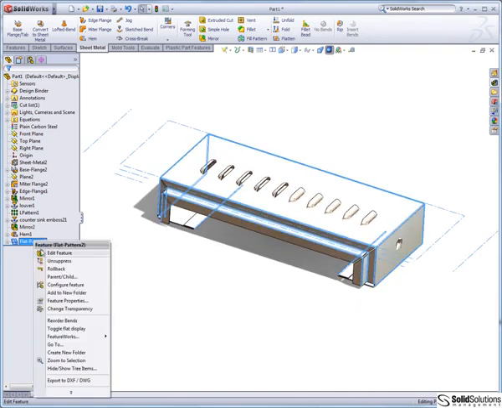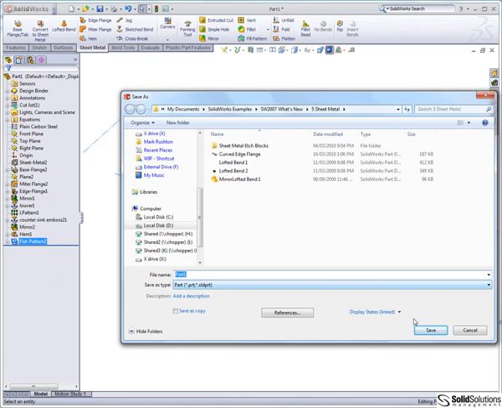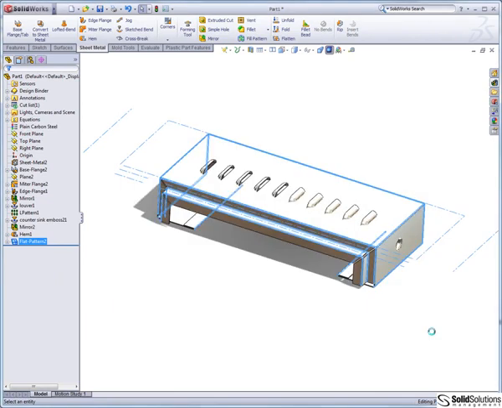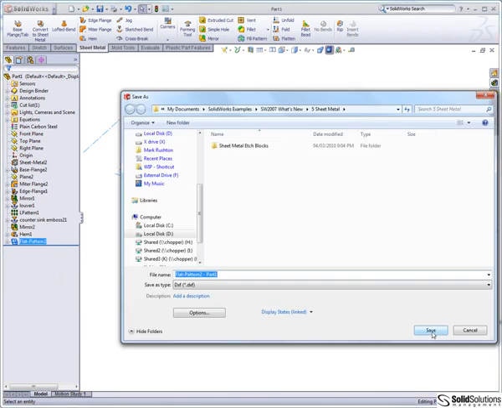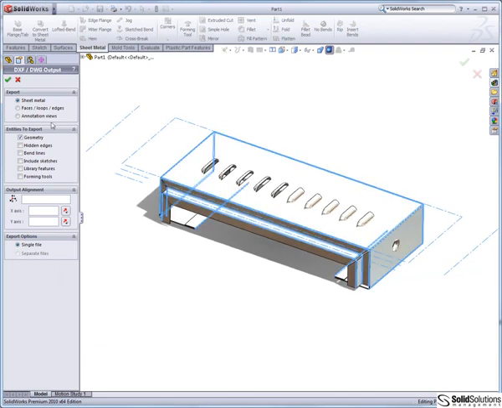Just by right clicking on the flat pattern, we can export that to DXF or DWG. Just gives me a warning to say I haven't saved it. So I'll just save that part, and then we get the option to save our DXF. And now we get the choice here to say what do we want to include in our DXF or our